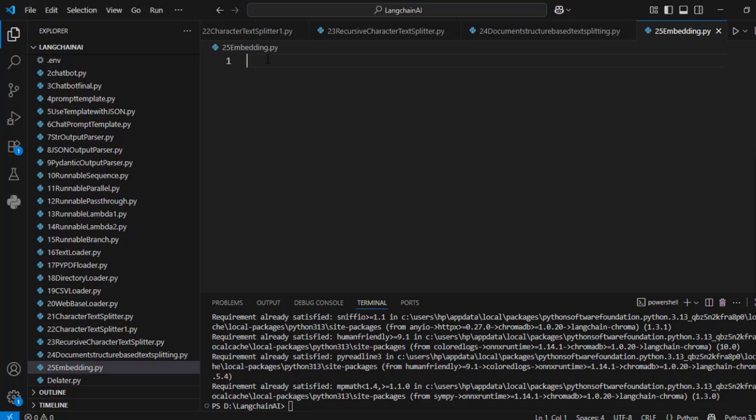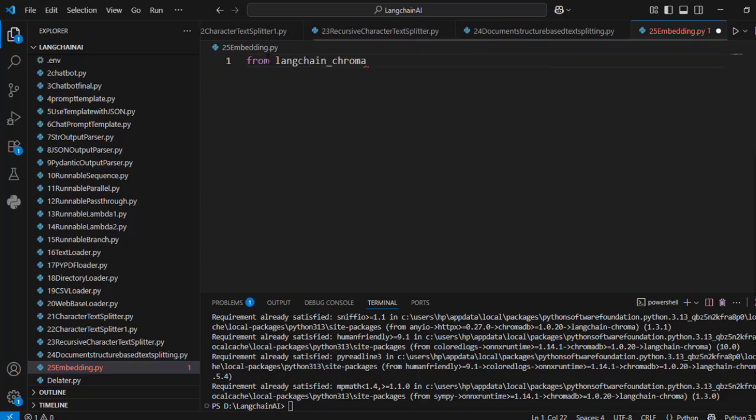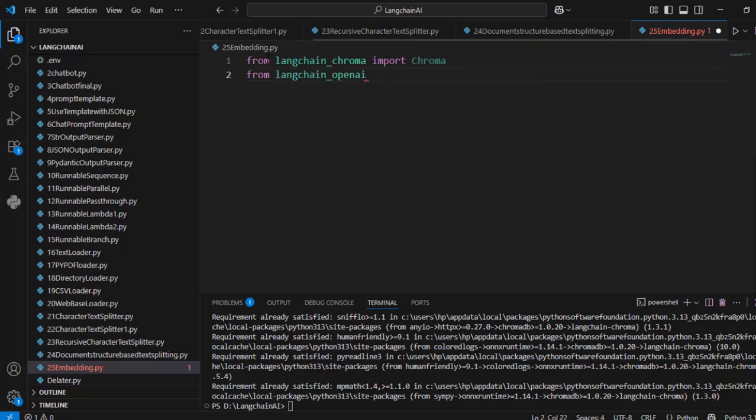Now what I have to do, I have to write from langchain_chroma. Now it is visible because I have installed langchain-chroma. From there I will import this Chroma class. Using this Chroma class, I will create the vector database which will store the embeddings. Also, I will use, this time, from langchain_openai